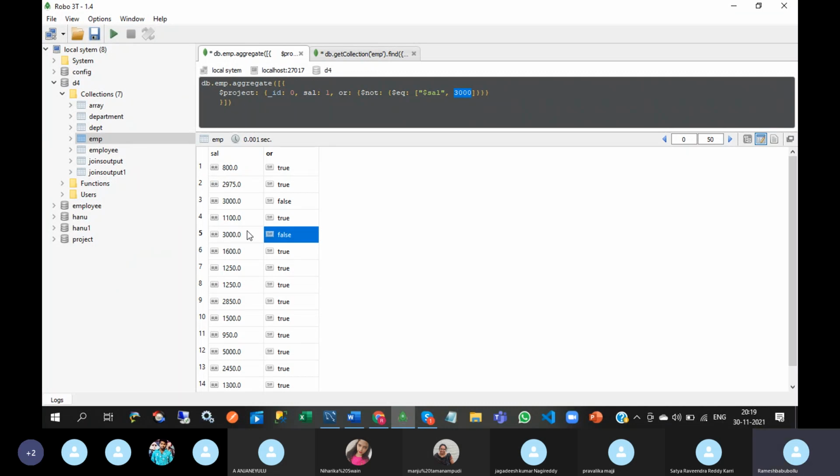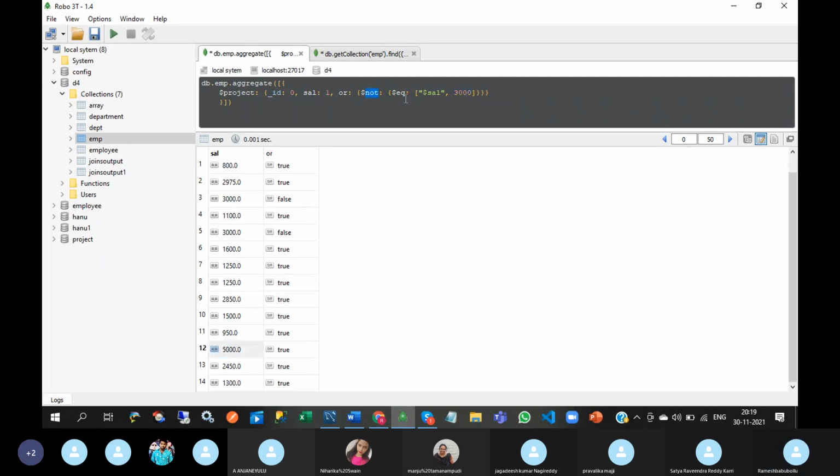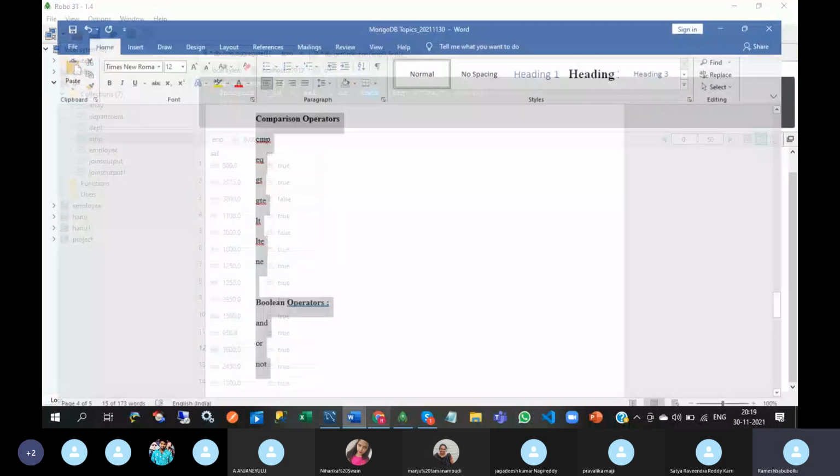That is about the not operator. Not operator means opposite value, the opposite of the expression. So this is about Boolean operators.